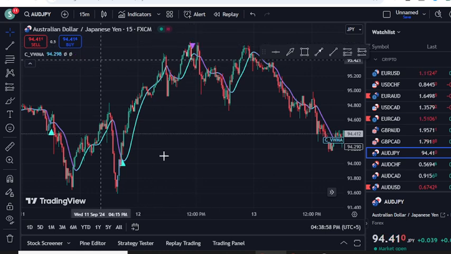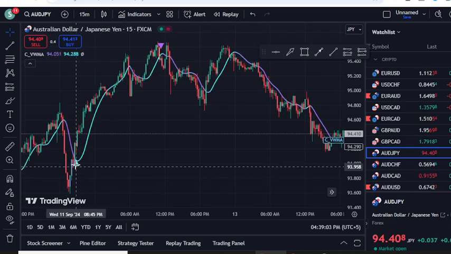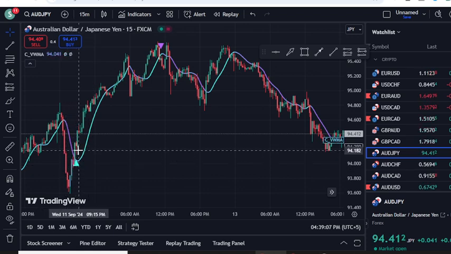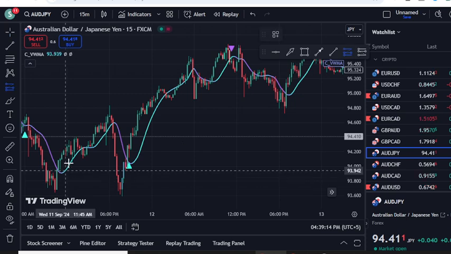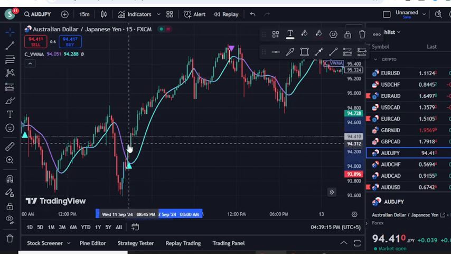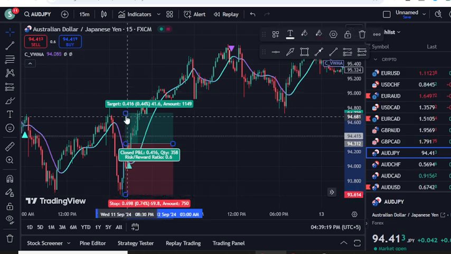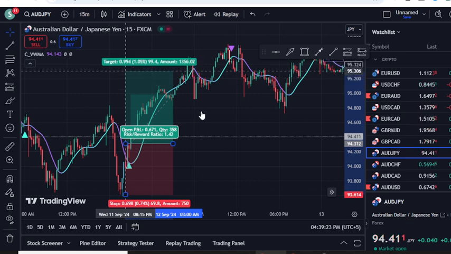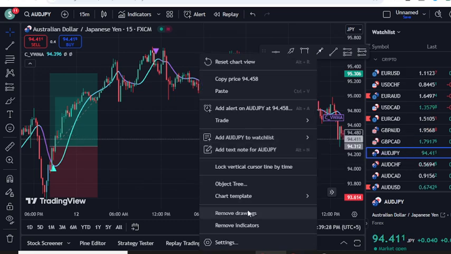Overall, I have seen the signals to be very good on the higher time frames. Like this is AUD/JPY 15-minute. You can see we have received the buy signal, and then you need to make sure that the price action is above the moving average for taking a buy position. Once you have an entry from here, you set the stop loss at the previous low of the market. Now you can take a risk-reward of 1:1 or 1:5, depending on how you are going to take it for scalping and day trading.